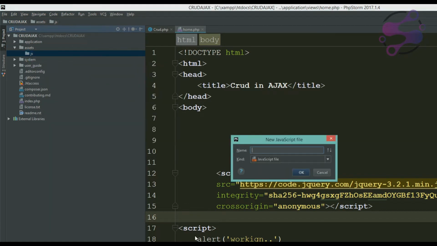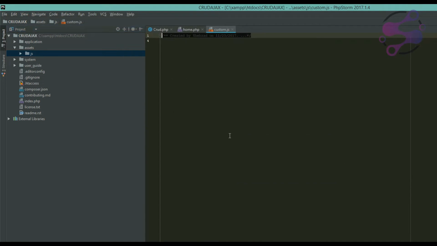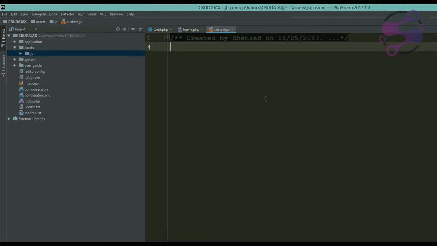I'm saying custom, because it's a custom file. Custom is the name of this file. So now we have just created our custom.js file, and we keep this file inside our JS folder, which is in the assets folder, and the assets folder is available in the root directory. Okay, so now it's working fine. How can you check whether it's working or not? You can just create your